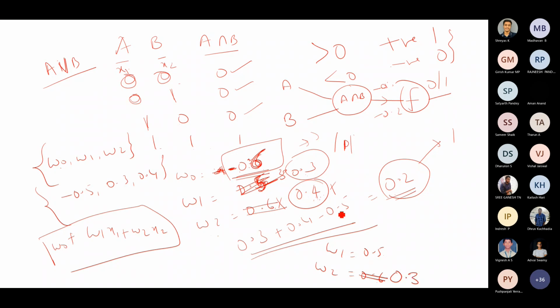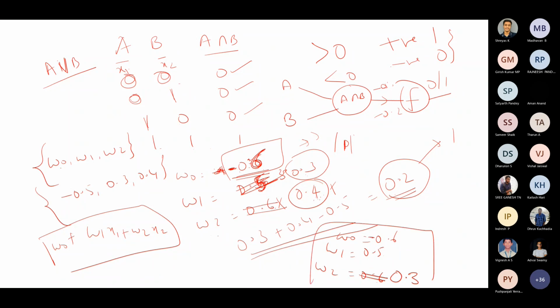Okay. So this is fine. Now the last one, this should get you a positive. So one is 0.5. This is 0.3, 0.8. 0.8 minus 0.6 is 0.2. So therefore you get a 1, which is correct. So this is your assignment of weights. W0 is equal to minus 0.6. W1 is equal to 0.5 and W2 is equal to 0.3.